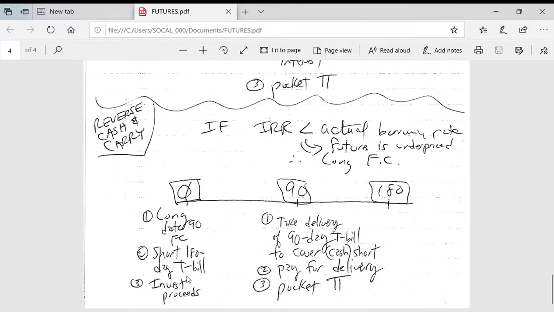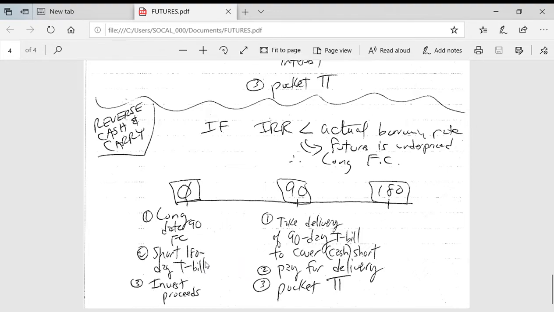And then we get some money and we invest those proceeds. Now jump forward to date 90. Well, we have this long position in the futures contract, so we're obligated to take delivery of a 90-day maturity T-bill, and we do. And then we use that T-bill to immediately cover our short here, because the 180-day maturity T-bill,